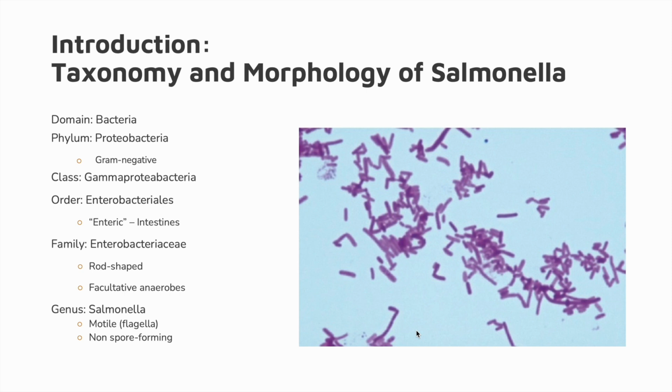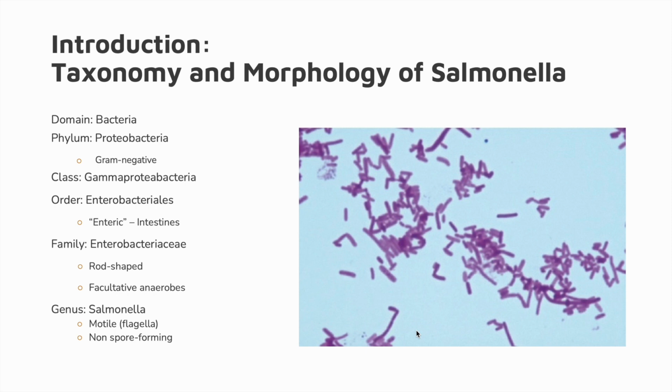So, beginning with the domain, being bacteria, this simply indicates that Salmonella is considered a bacteria. The phylum, being Proteobacteria, would classify it as a gram-negative bacteria. And this is seen in the photo, as this is a gram stain done on the Salmonella, where it presents as purple. This tells us that the cell membrane is surrounded by a thin peptidoglycan layer and a specialized outer